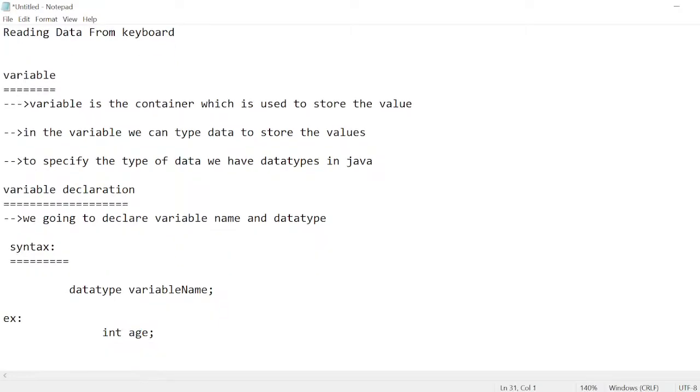Next, variable initialization. Variable initialization means,